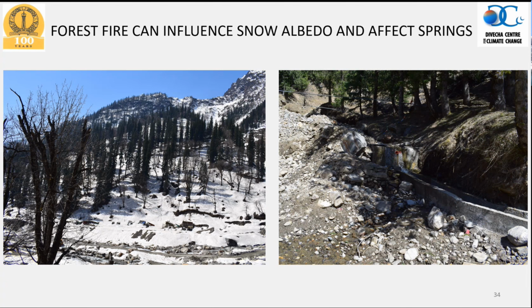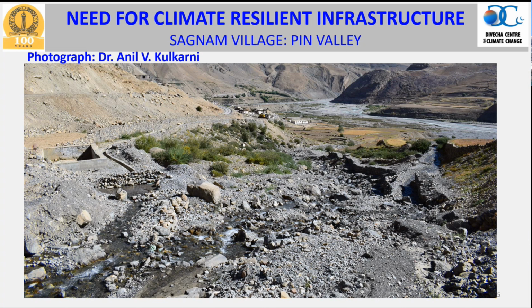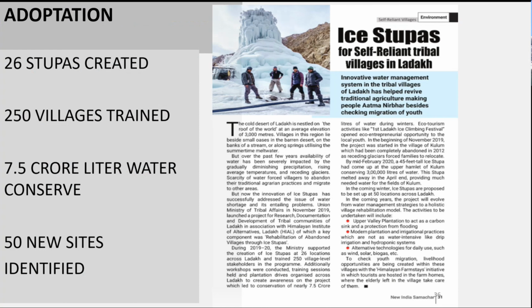So you can see here, this is influencing not only the albedo of snow, but there is also a small spring there. It is not visible in the tree shadows, but there is a small spring there. Such springs can be significantly influenced in future. You can see this is a small spring and the water requirement for the village. All those things are going to change in future, and it has already started to change in the mountains.